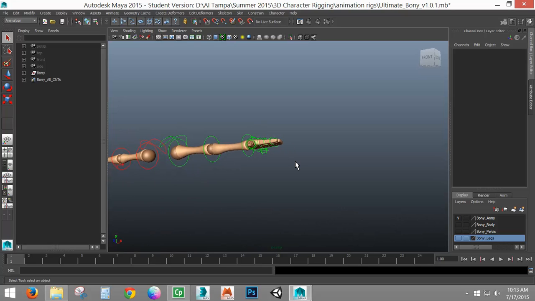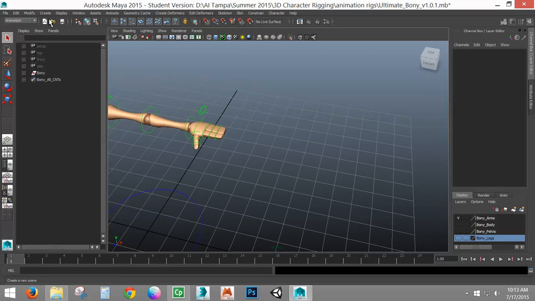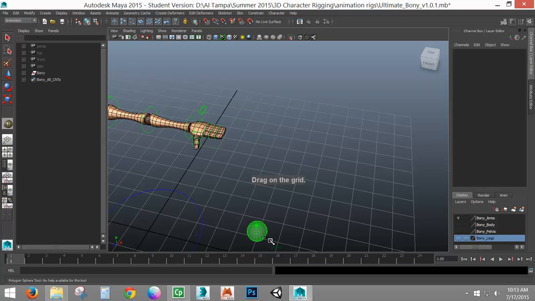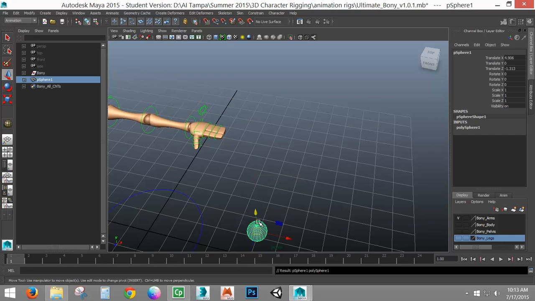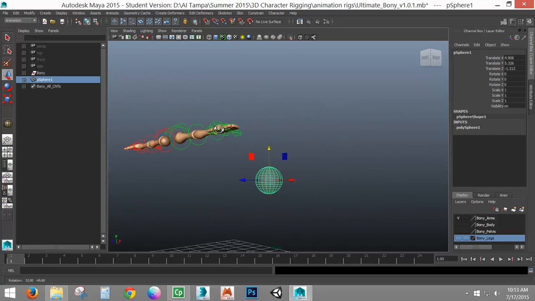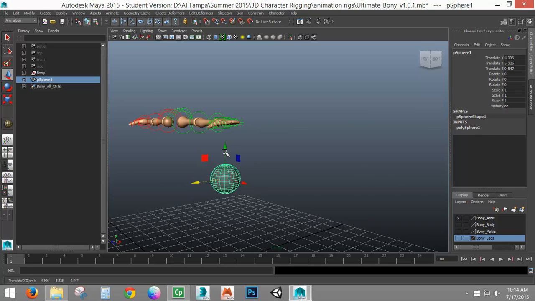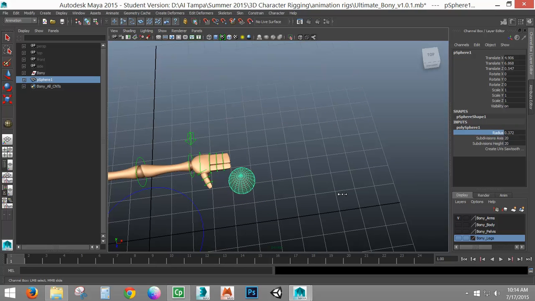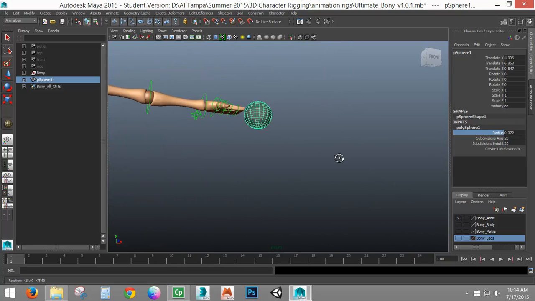So the idea, if you have a character that is going to be holding something and needs to let it go, or if they don't have anything and they need to pick something up, that's what the point constraint is for. So I'm going to use just a nice little simple sphere as like a little ball for my example. But again, this applies to anything that you're working with, any kind of object, again, being swords, whatever the character wants to hold. And just so I can get a kind of a size reference, I'm going to put him near his sphere for a little bit. That looks better for the palm.